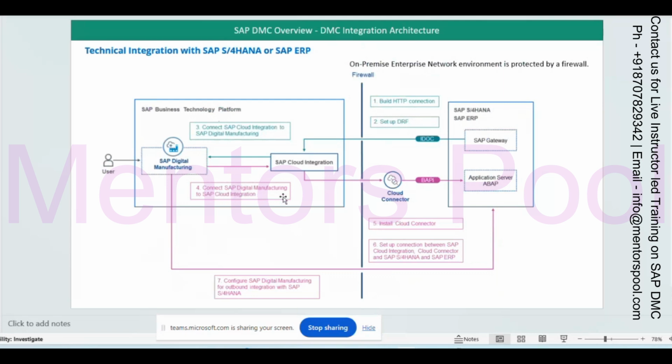Four, connect SAP Digital Manufacturing to SAP Cloud Integration, meaning this part. Five, install the cloud connector for the communication, because this is available in on-premise S/4HANA, so the cloud connector is needed. So these six to seven steps you have to do for integration of S/4HANA to DMC, back and forth.